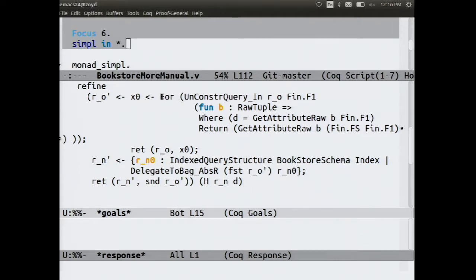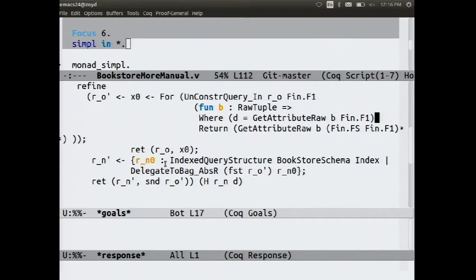The notation doesn't match exactly, but we're looping over the first table and we have a little where clause that enforces an equality for one of the columns of that, and then we return a projection of one of the columns of every such matching row. And then at the end, we have to pick a new database that is connected to the new database that the spec says is supposed to result.